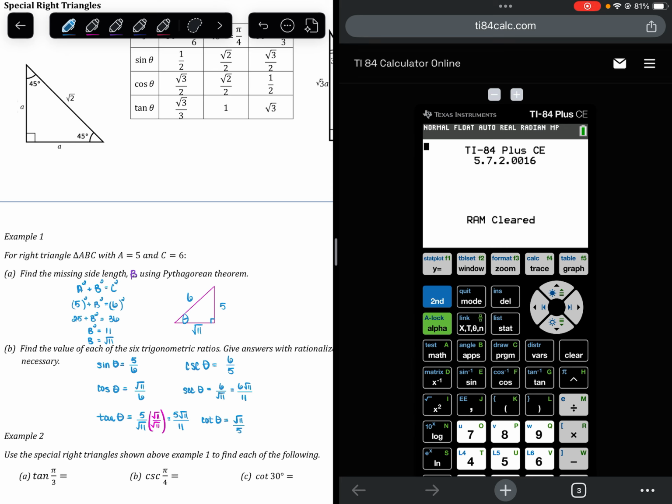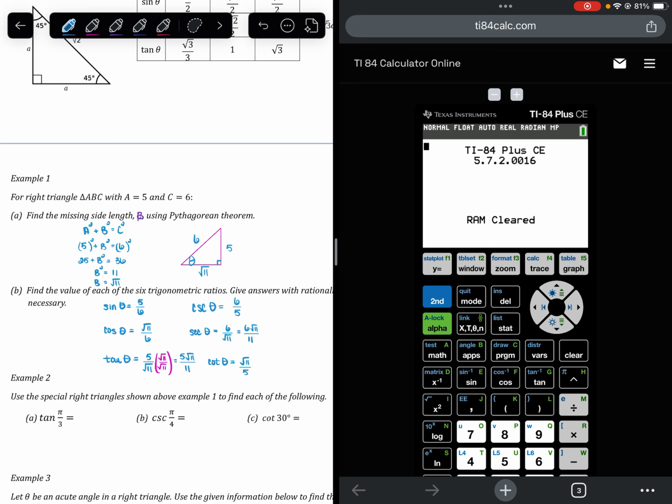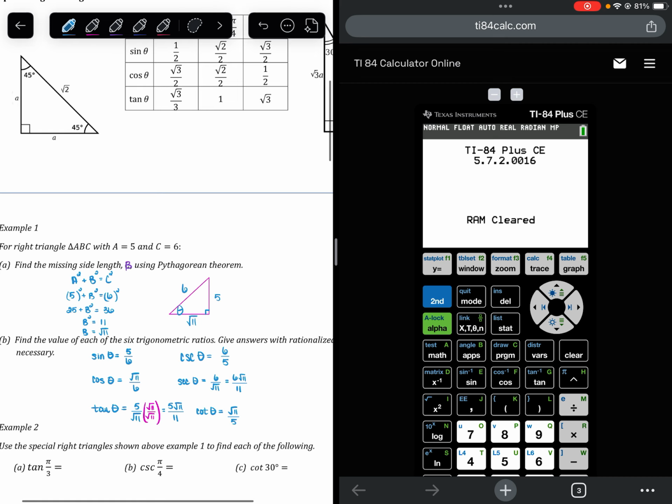All right, example 2: use the special right triangles shown above example 1, so that's these two up here at the bottom of the previous page, to find each of the following. So tangent of pi thirds. Before doing these, it's helpful to know the equivalence of those. Before the next two sections, we'll know the equivalent radian. Right now, we're not really comfortable with the radian measures,